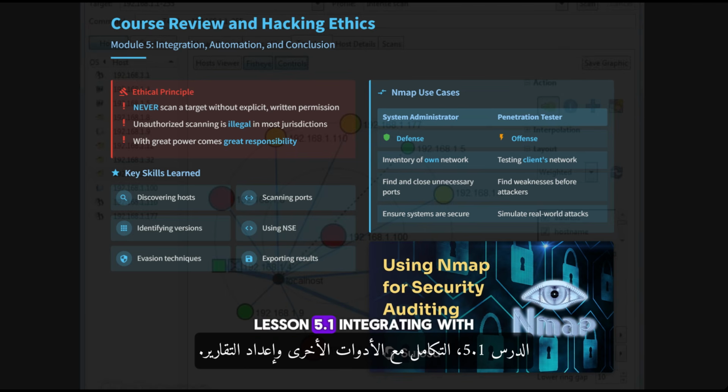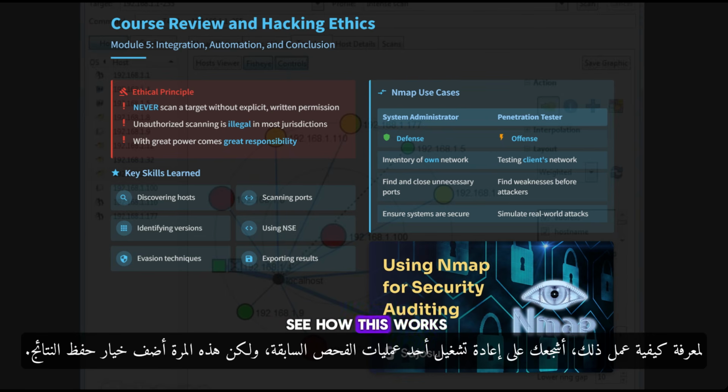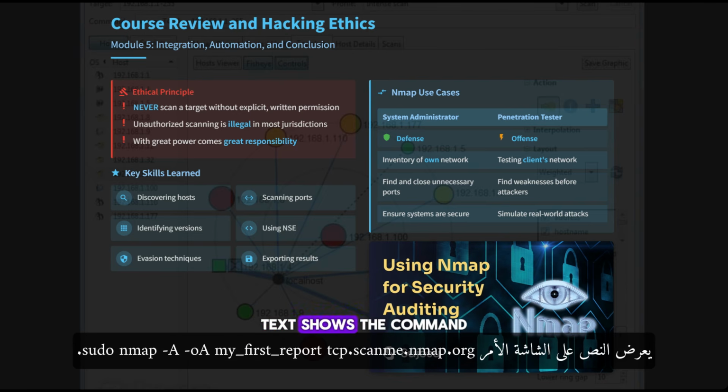Lesson 5.1: Integrating with other tools and reporting. The ability to generate clear reports is essential for any professional. To see how this works, I encourage you to rerun one of your previous scans, but this time add the option to save the results. On-screen text shows the command sudo